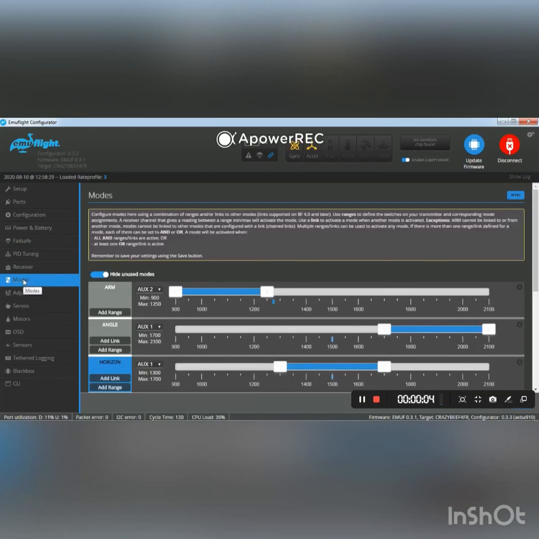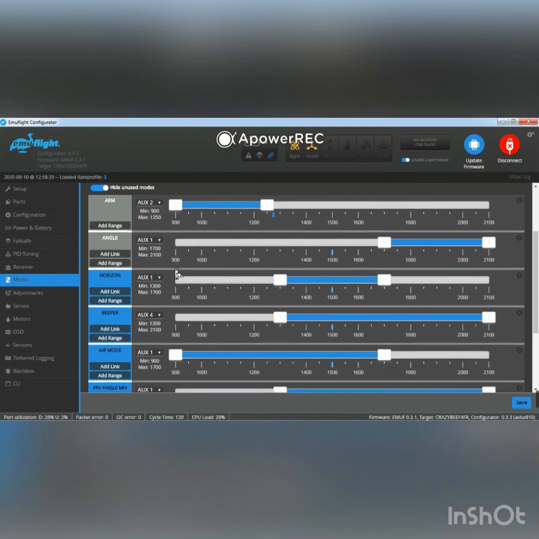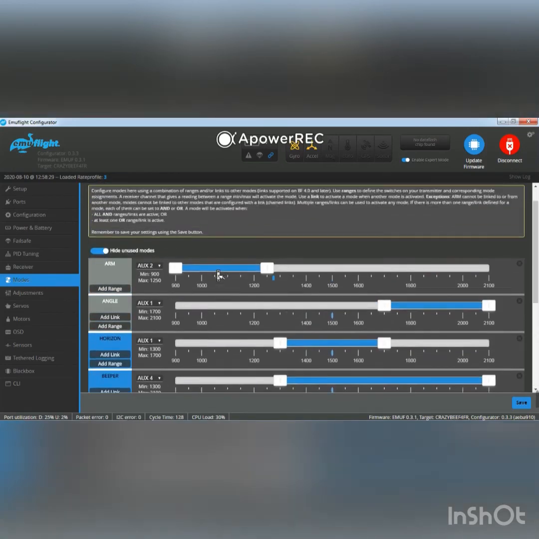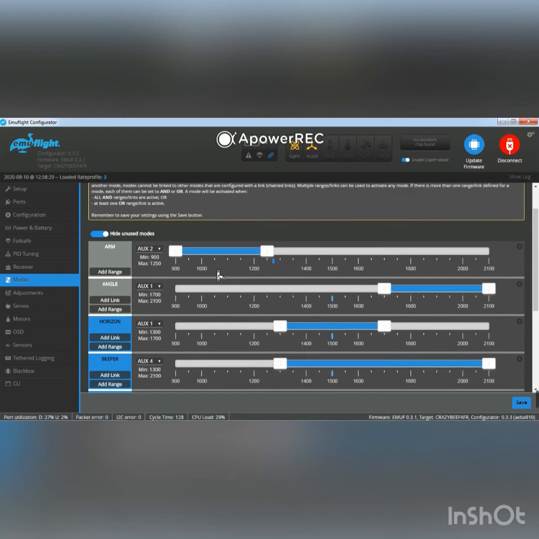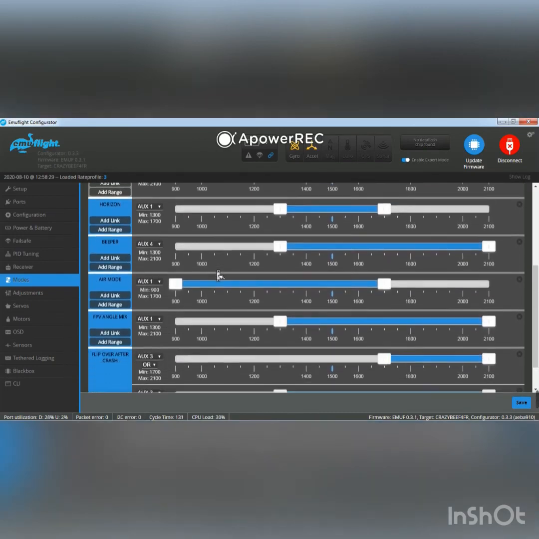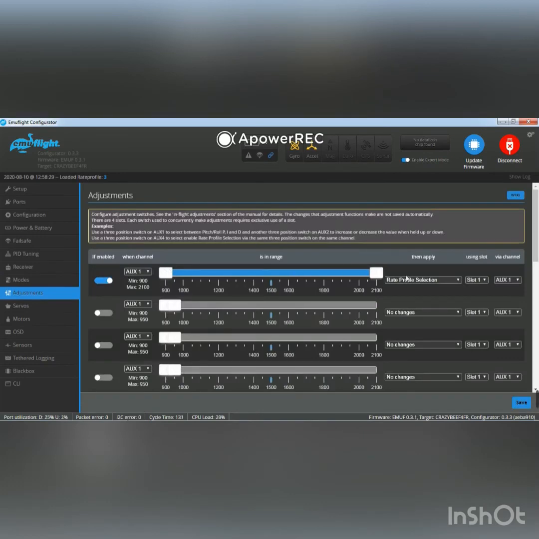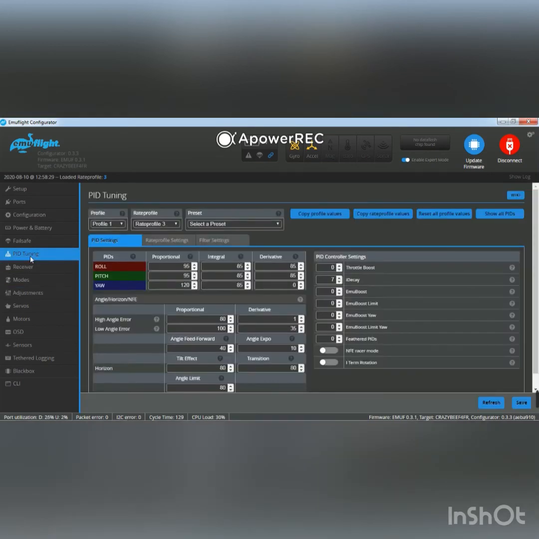Guys, I just want to go over this stuff again. Under the modes tab, just make sure you leave this all as it is. This is set up from Project Mockingbird. The only thing that I added was the beeper function. The rest is all set up by Project Mockingbird, and it's set up in the way that it works together. So leave it as it is, just make sure you match your auxiliary channels accordingly. If you enable expert mode, you go to adjustments. On the first line there's another input that you need to make sure that you match according to your channel auxiliaries. If you look under pit tuning,